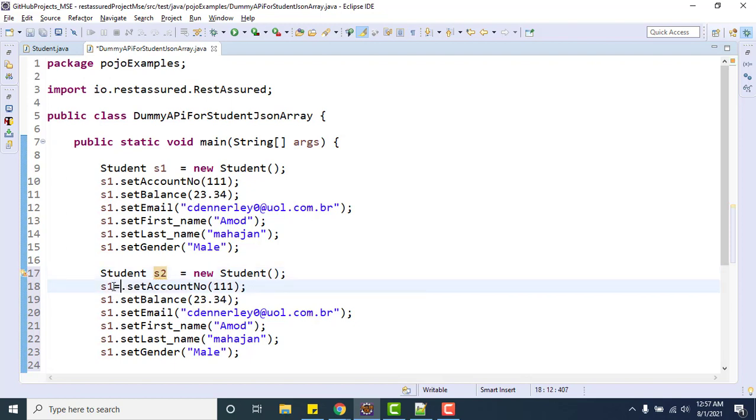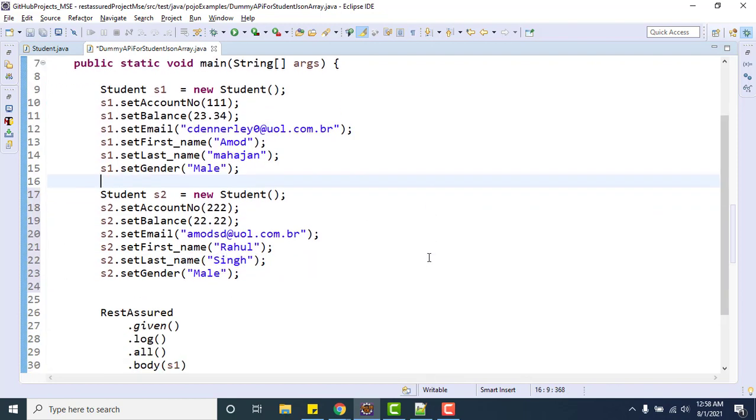Let me put S2 here and change the values, like 222, 22.22, and something else, let me put Rahul Singh. Now we are ready with the two different objects, two different entities of the student class.